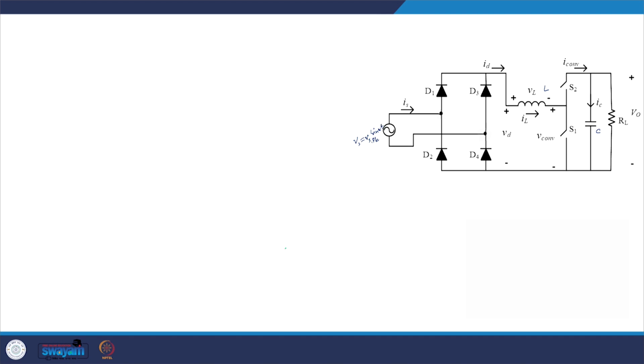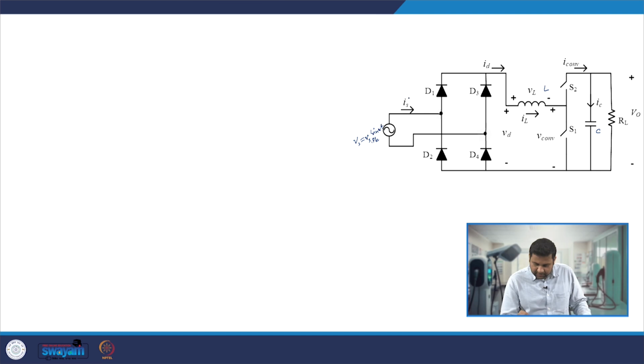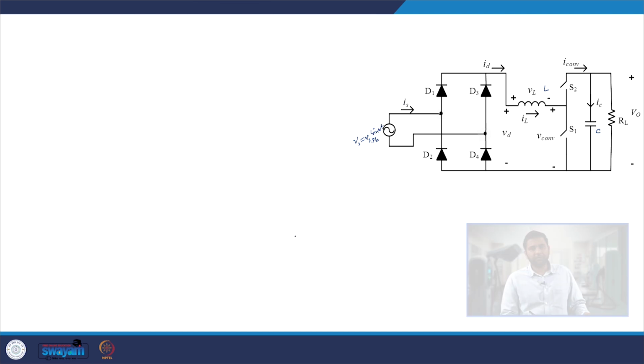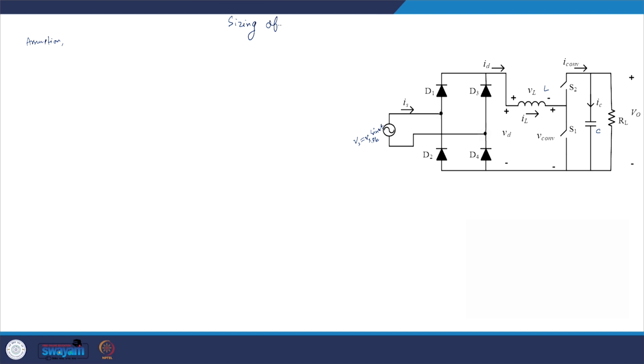So let us again look at our converter, and here we have Is. Now let us define this Is value. Since we are assuming that the converter is operated in such a manner that the unity power factor current is drawn from the AC voltage source, or from the single phase AC grid. So here we are actually doing the sizing of C, the capacitor which is present.